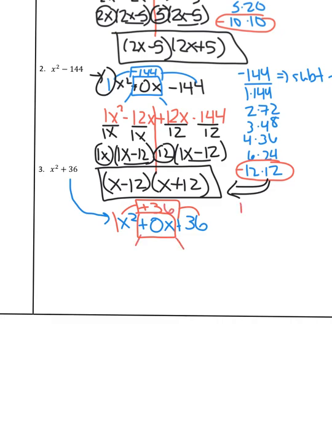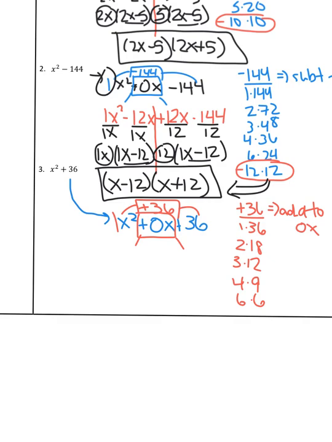So we need a plus 36. If it's addition, that means we need to add to 0x. This time we're adding to 0x and not subtracting. So 1 times 36, 2 times 18, 3 times 12, 4 times 9, 5 does not go in, 6 times 6. All right, so we have a 6 times 6 here, kind of looking at our pattern, but we need